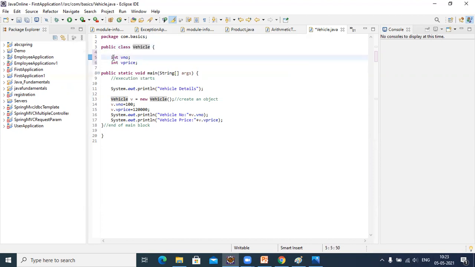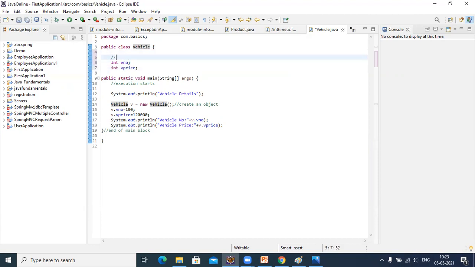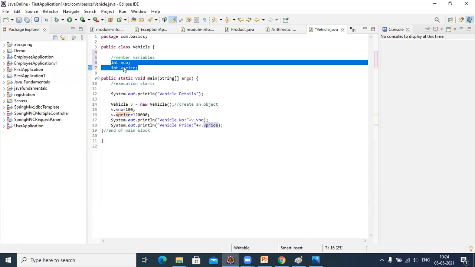Now what are the properties of a vehicle? We call them member variables. Vehicle number and vehicle price. These are nothing but vehicle number and vehicle price.